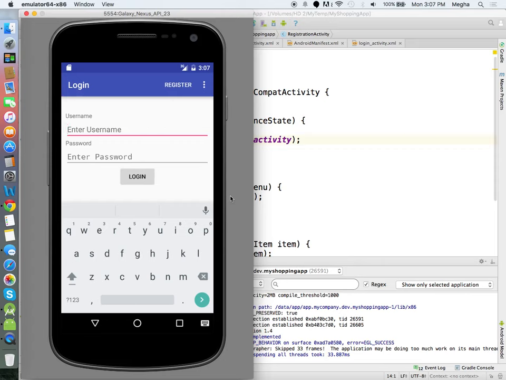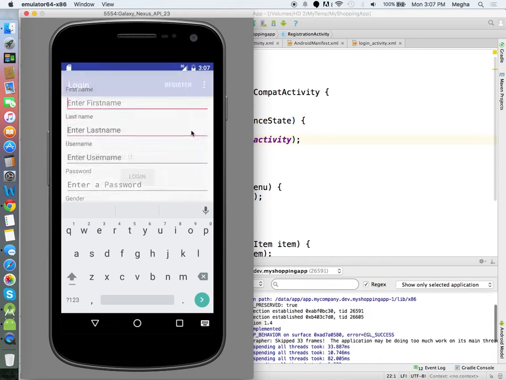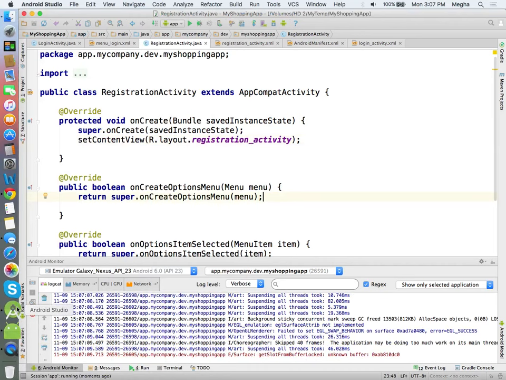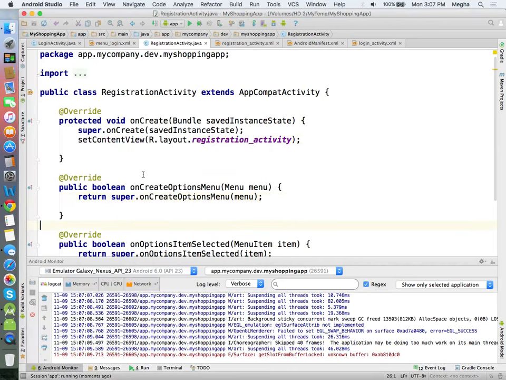Okay, now you see the title has changed to Login. Again, I just rewrote it. Let's see, I should be able to see the action bar.